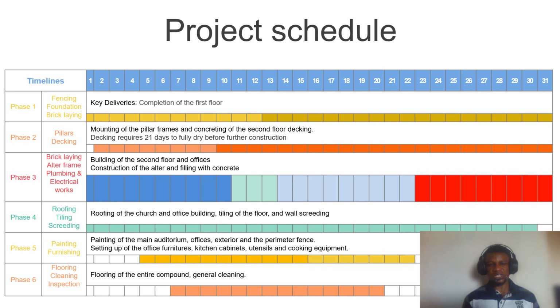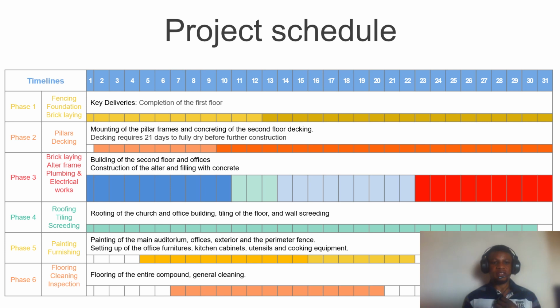And so once that is done, the next phase is to carry out the foundation. The fencing usually will take about 3 days, and after that, on the 4th day, we're looking at starting the foundation. It takes about 21 days for the foundation to dry before you start laying bricks on the foundation. So this particular phase spans 31 days, starting from the day one that the project is kicking off. And so there's a break in the middle, and that's why there's a wide space in that